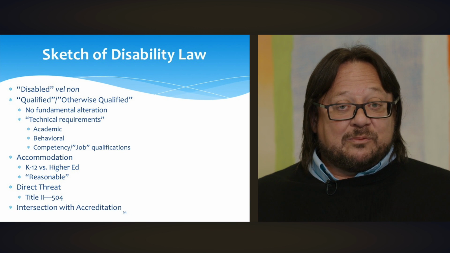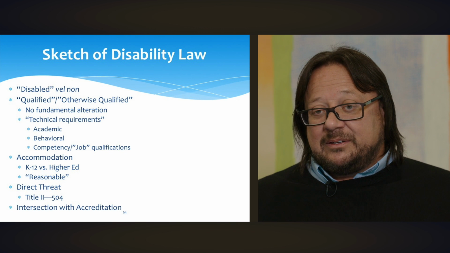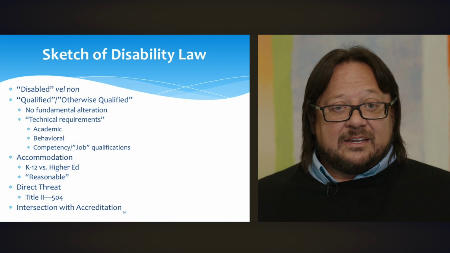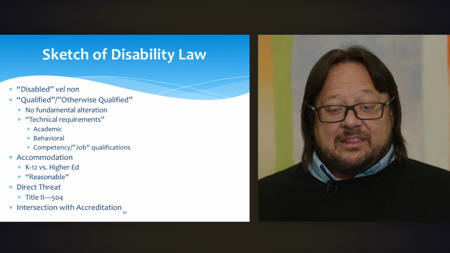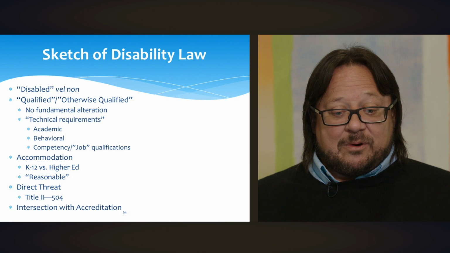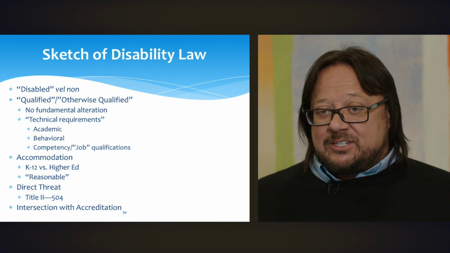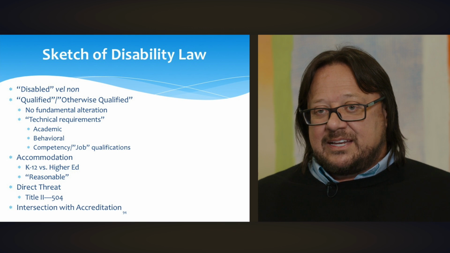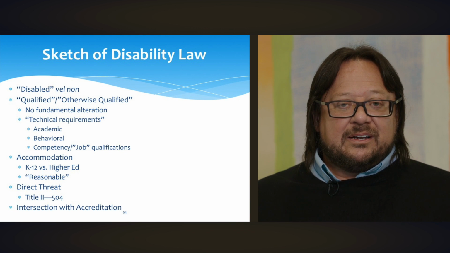I want to put up a little word of warning right now. There's been some rumbling from the Justice Department and OCR that suggests to some of us that sooner or later OCR or Justice and Ed may begin to think that it's discriminatory in higher education not to articulate qualification standards. And you might have noticed that accrediting bodies are putting a lot more emphasis now on articulated competencies, outcomes, and assessments. Putting the pieces together, this is a backdoor way of beginning to create a new world order around disability